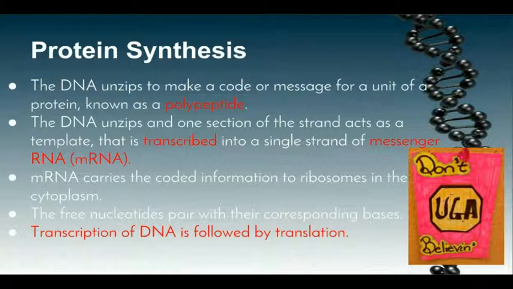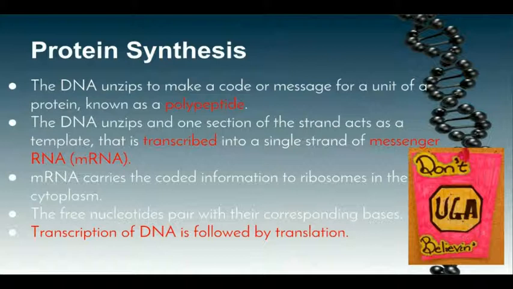So for protein synthesis to take place, the DNA unzips to make the code or message for the unit of protein known as a polypeptide. The DNA unzips and one section of the strand acts as a template, so that is referred to as a gene. So the gene is transcribed into a single strand of messenger RNA or mRNA. That is then carried from the nucleus to the ribosomes in the cytoplasm, and transcription of DNA is followed by